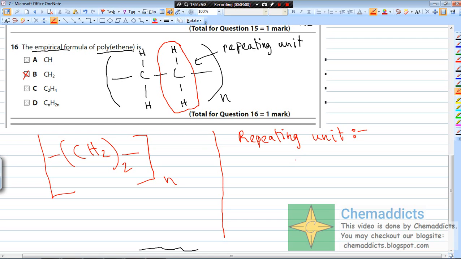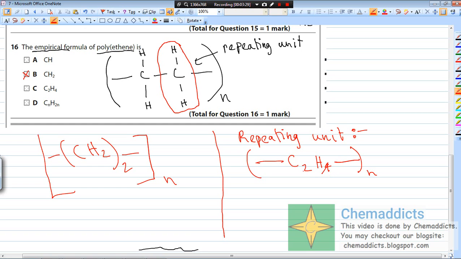The repeating unit is C2H4. So this is the repeating unit for this particular polythene. If we simplify this, since this gets cancelled out by